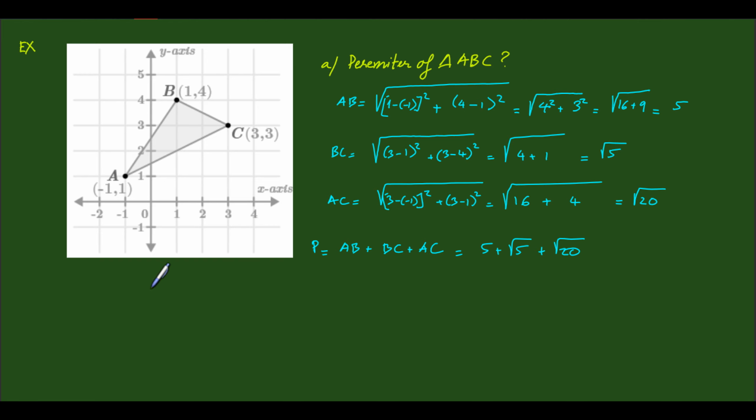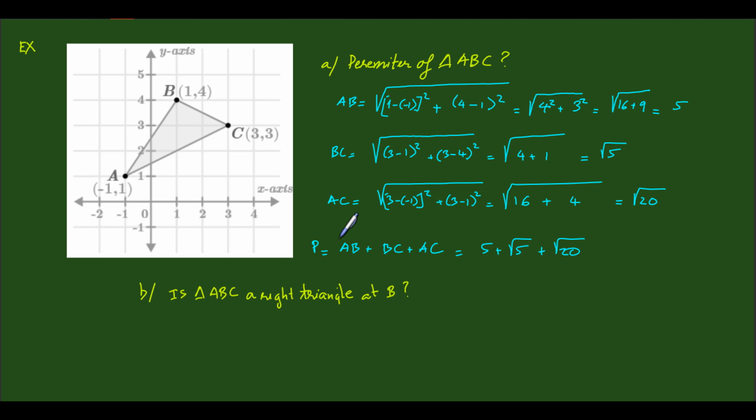Okay, question B will be, is triangle ABC a right triangle? Okay. A right triangle at B. It means that I'm asking you if this B is 90 degrees or not. Alright. So remember that